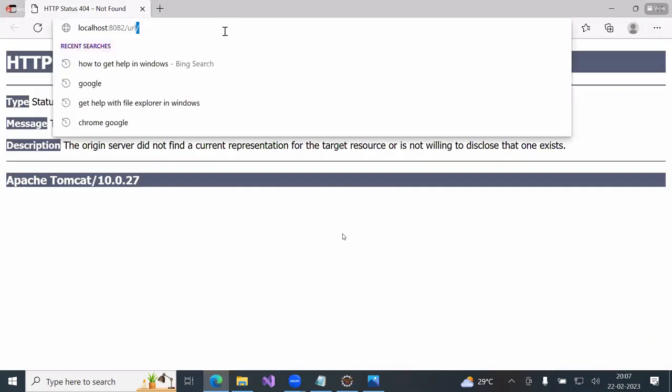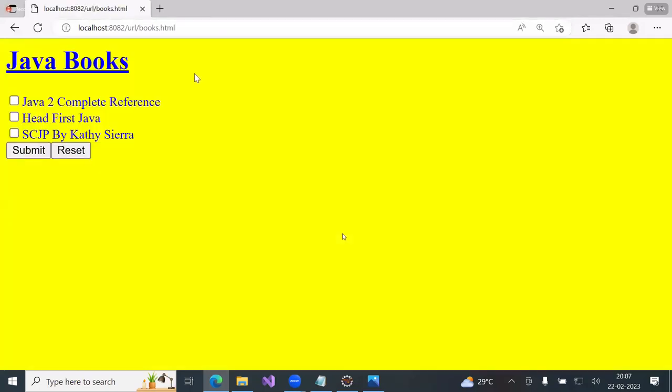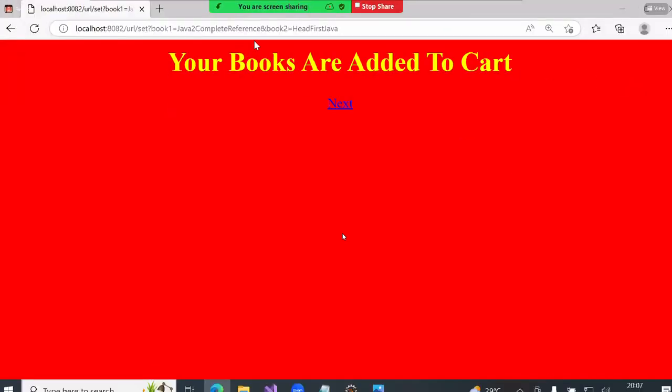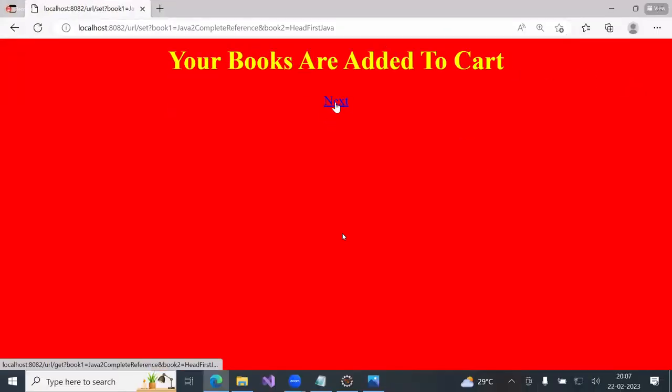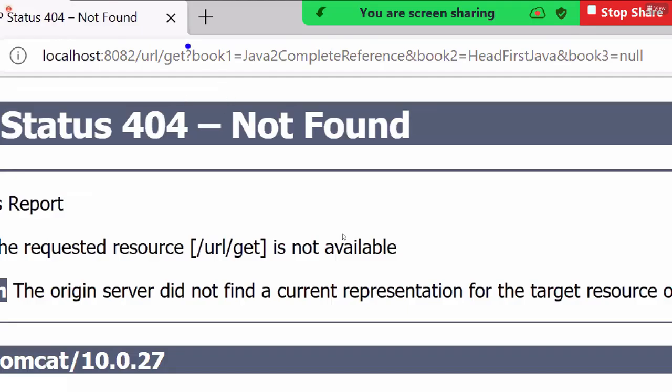Now books.html. Now I selected 2 books. When I click the submit button, your books are added to cart. Next. This is different. Now you observe. If I click next, that is coming using the get method. Here, the next hyperlink, if I click, what you are getting, see,